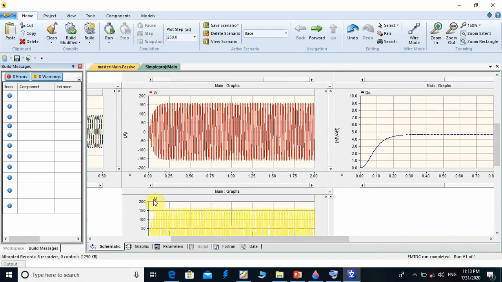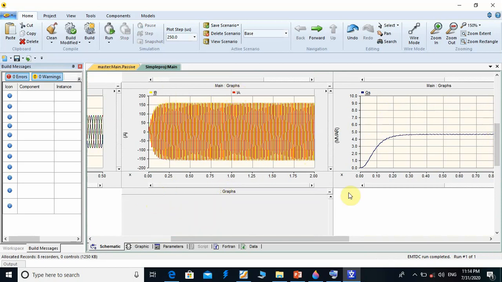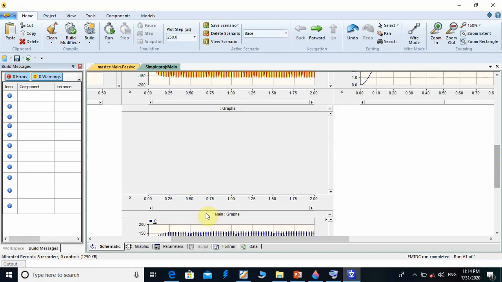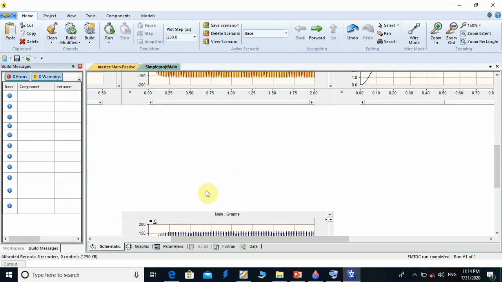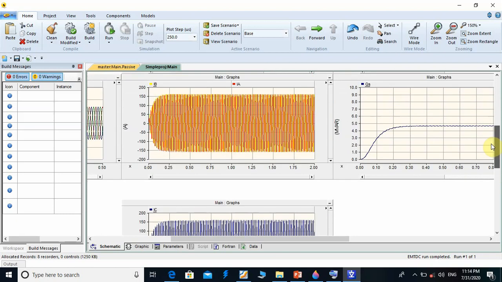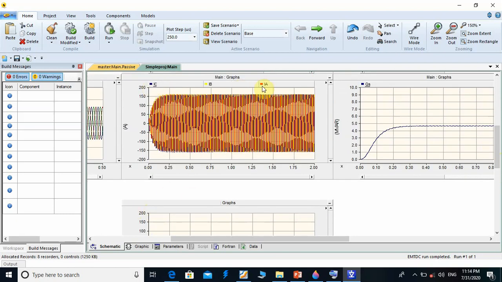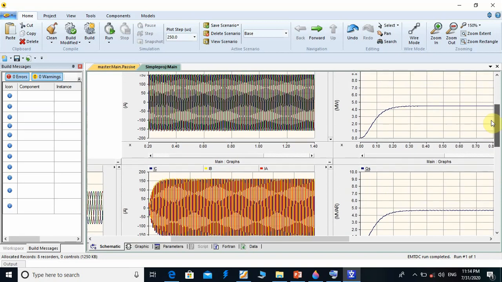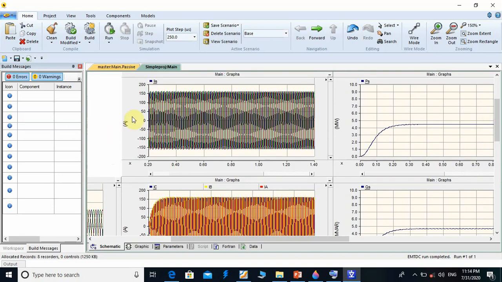Just move here IB to this graph, IA graph, so I can show IA and IB, and delete this graph, delete it. Also for phase C, just drag IC to main graph, so I can show IA, IB, IC as instantaneous current here. Alright,